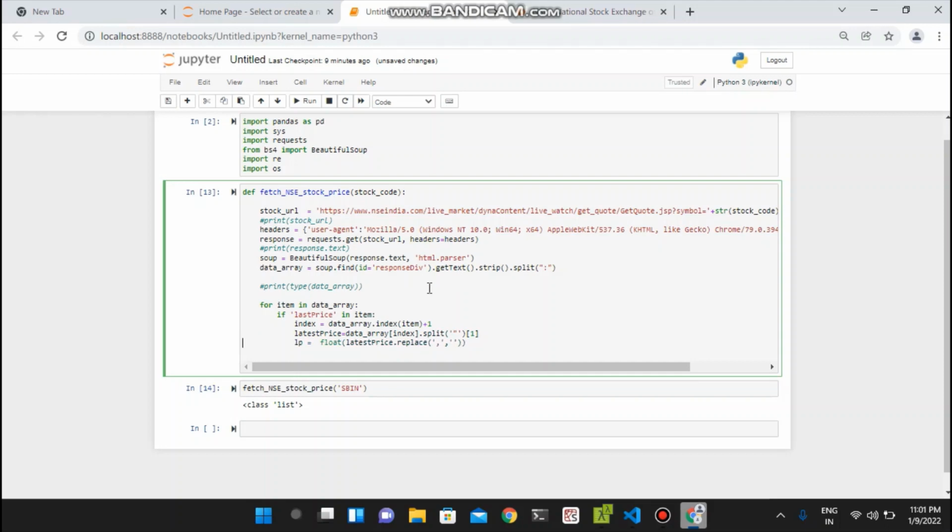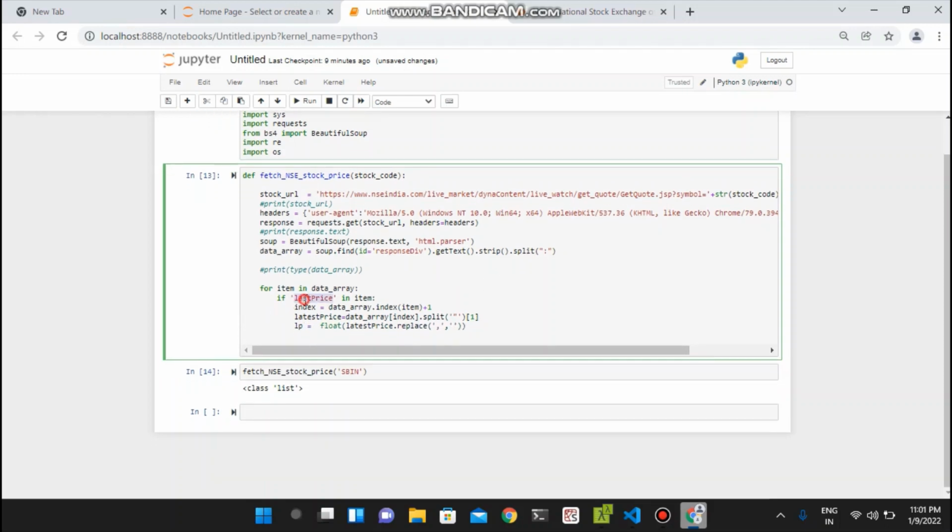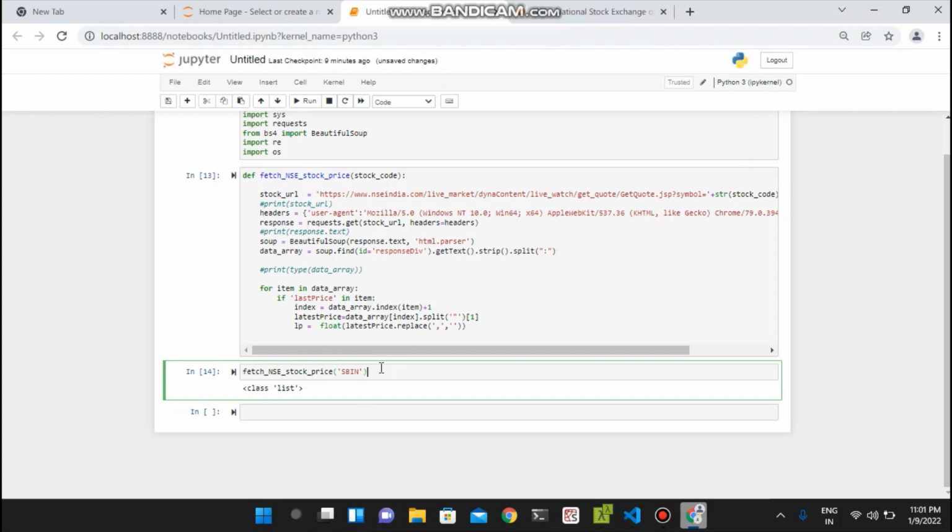Okay, iterating that one, and when I find the last price, I take the next index value and just return the last price value. So I'm playing a little bit with the data. You can look into that, because if I explain how I'm handling the data, it will take more time. So LP is a variable, and then I'm getting this price here. If I press run right now here,